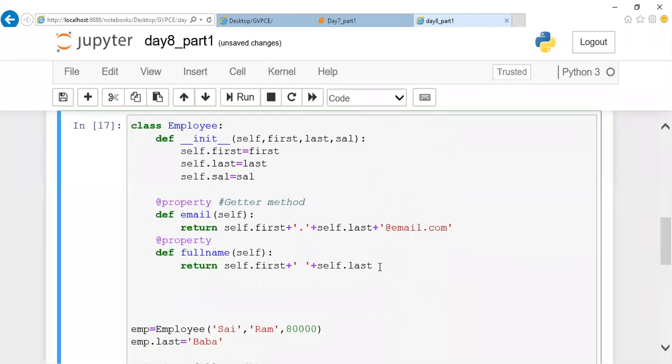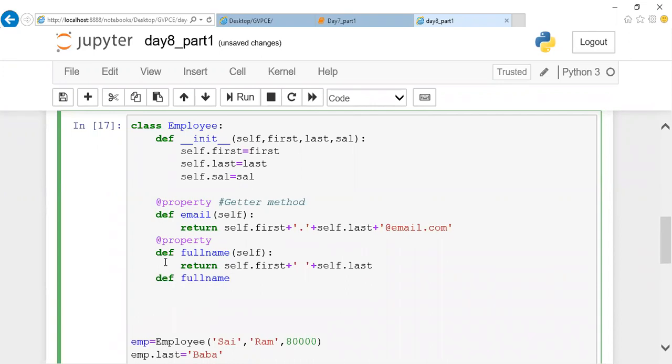So for that, you'll be declaring one more function called full name, with the same name as the function for which you want to accept input directly from your function call. For the existing function, you'll mention def full name followed by self, comma, and what you're accepting from the user, a name. So I can mention directly name.